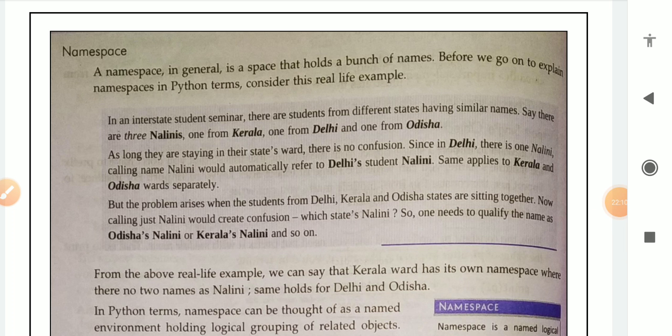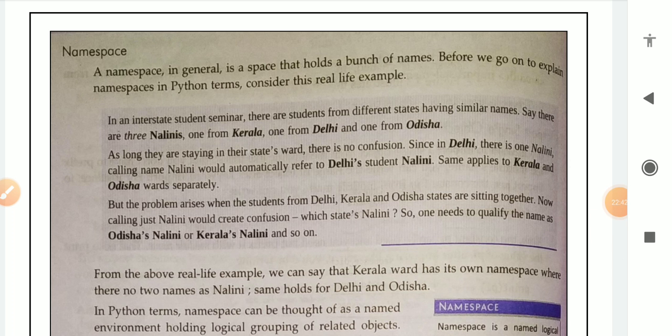The same applies to Kerala and Odisha wards separately. But the problem arises when the students from Delhi, Kerala and Odisha states are sitting together. Now calling just Nalini would create confusion. Which state? So one needs to qualify the name as Odisha's Nalini or Kerala's Nalini and so on.